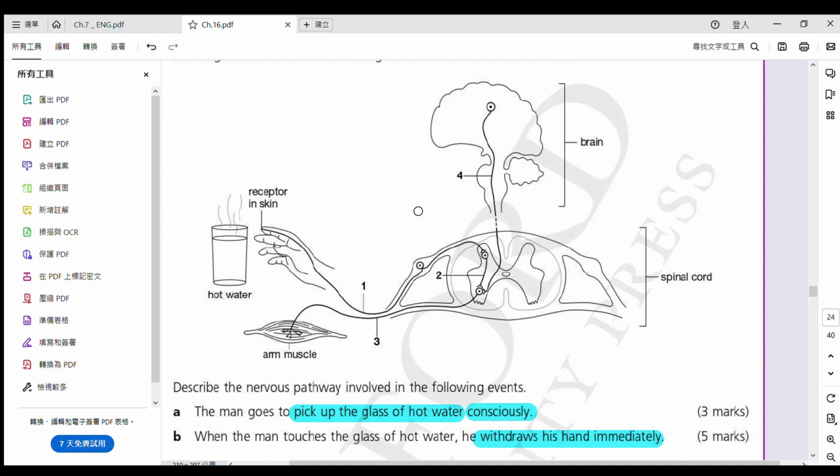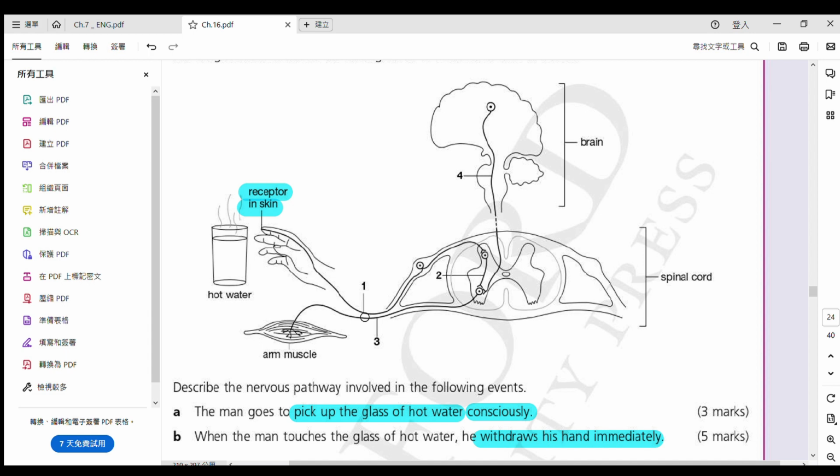OK? So next one, we are going to look at this diagram again. So how does the reflex action work? 點樣去發生嘅呢？ And this time, there is a stimulus. 今次係會有一個刺激嘅。So stimulus, as you can see, it tells you 係呢個 receptor in skin. So when we talk about this receptor, it is better if you know that this is the thermal receptor. 係一個溫度嘅感受器啦 because we are talking about the hot water. Okay? So there is this stimulus, 就係 the receptor in the skin detect 呢一個嘅 hot surface 啦，或者有 high temperature 啦，from the hot water. 所以啦，佢就會 generate 咗